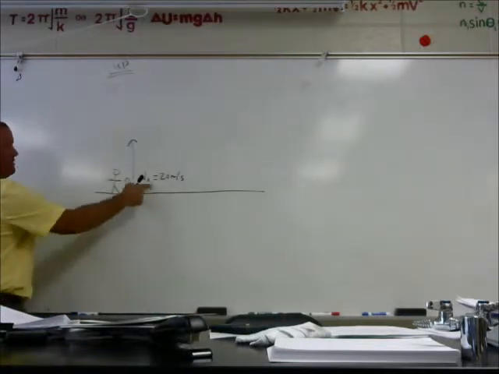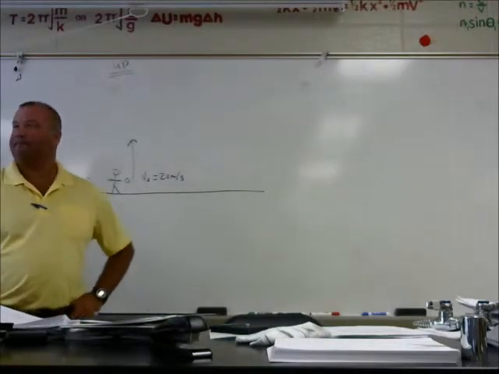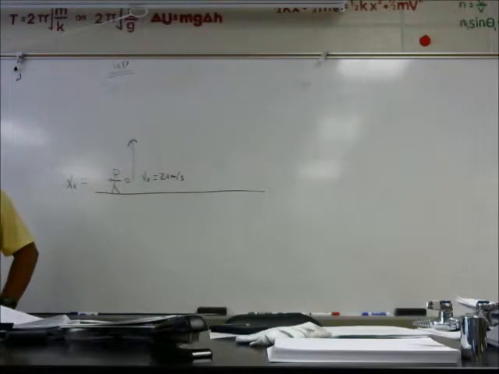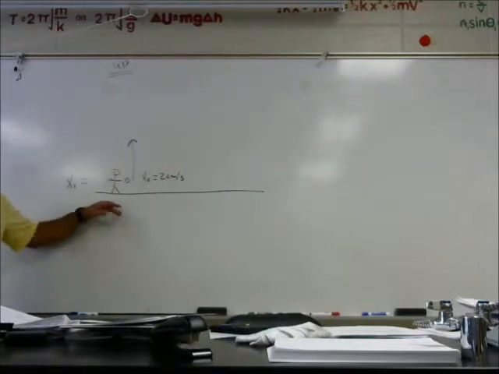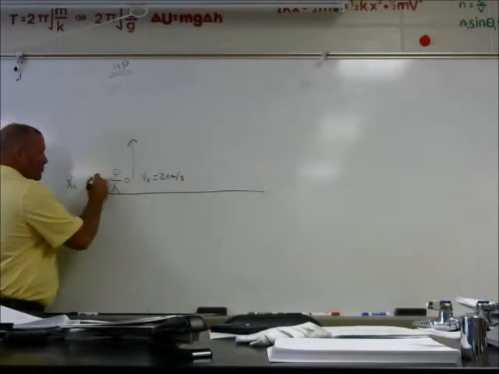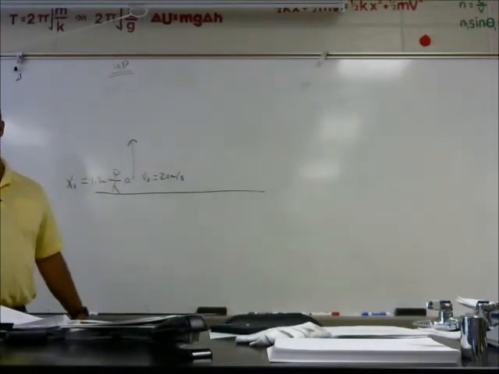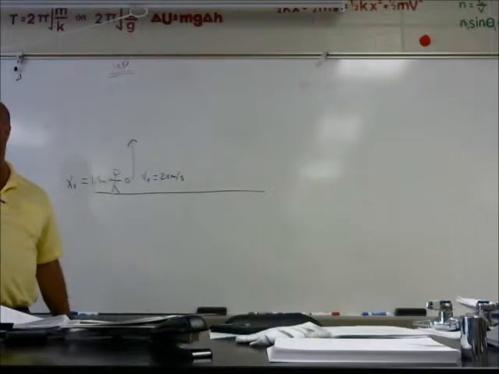So I have my initial velocity as 20. What about my initial position? Oh, it's a problem, isn't it? Or it could be a problem. Generally, the ground will be 0. I can make the ground be 0 and say that my initial position is x equals 1.5 meters, correct? I'll let it go here. Good with that? And then when it goes up, it stops, it comes back down. I can catch it,